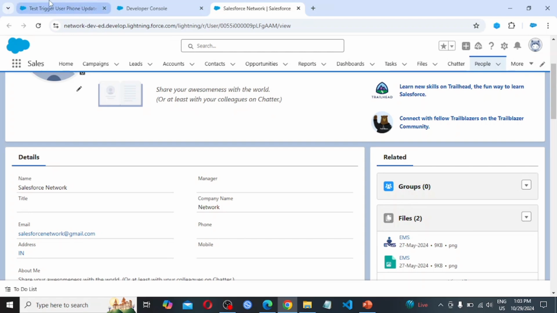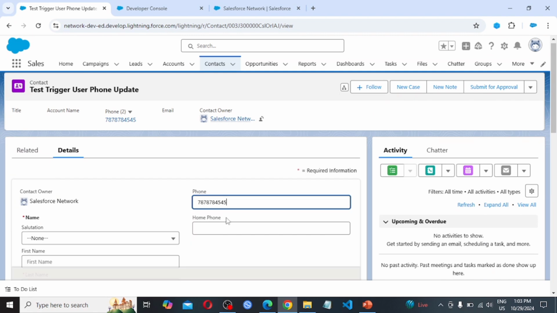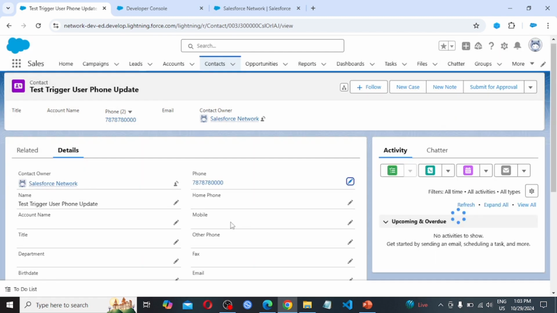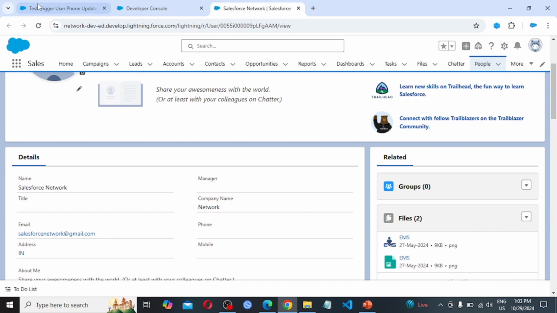So now I am going to update or modify this particular contact. So let's modify. So here at the place of 4545 I am providing 0000 and clicking on the save button. So it is modified. So now our trigger will update the related user. So this user. So if I come here and refresh this page,